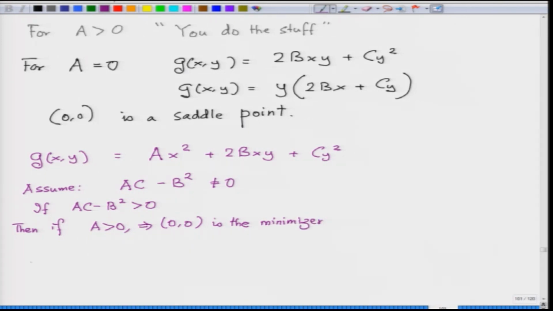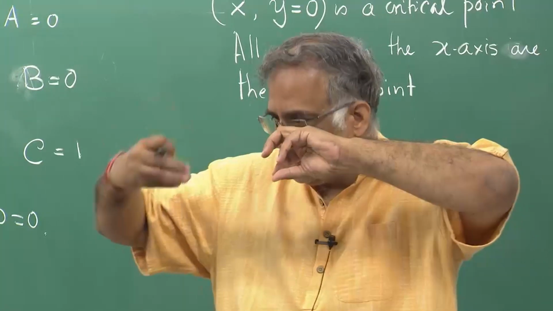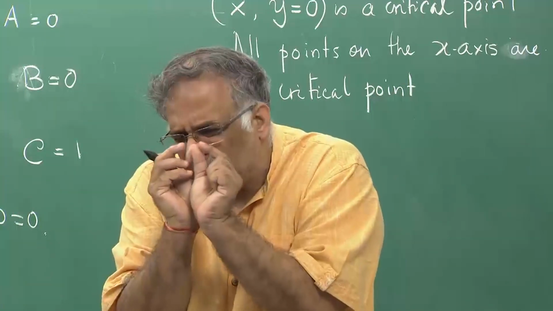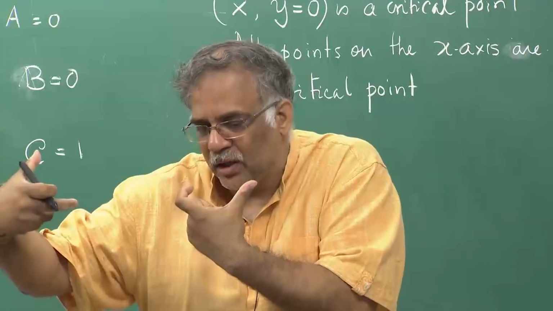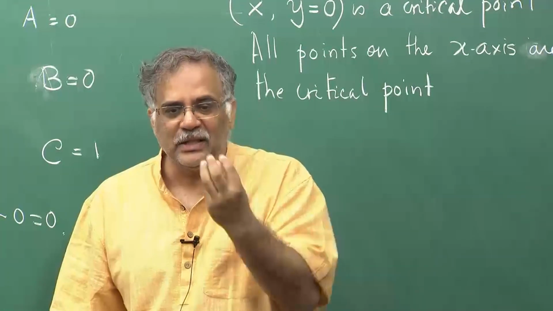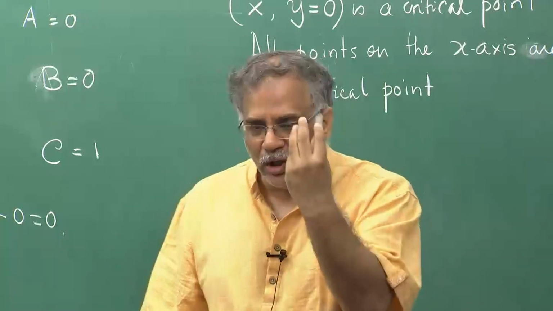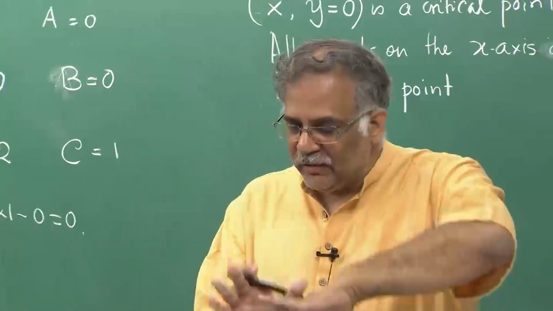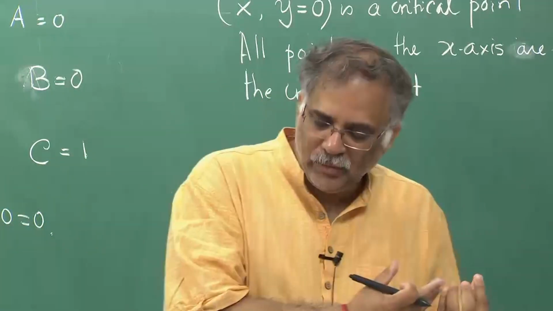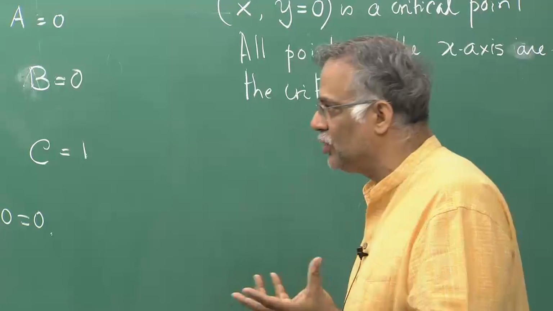If 0 0 is the minimizer of gxy, it is the local minimizer of fxy, because fxy is equal to f x naught y naught, or f 0 0, plus that quadratic term. The fxy value is almost equal to this part, the quadratic approximation, when xy is very near 0 0. So, this is only valid when you are talking about a local minimizer. If 0 0 is the global minimizer for this quadratic function, it is actually a local minimizer for your original function.